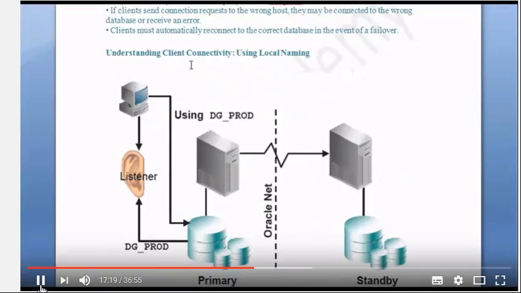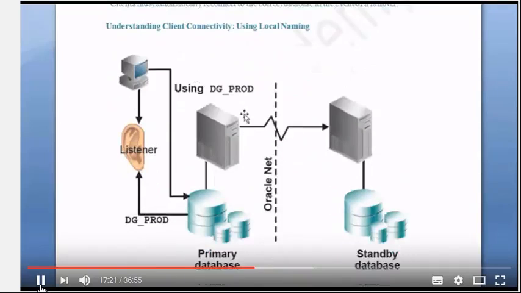So let us understand client connectivity first of all. This is an application server. This is the primary database to the left side of this dotted line, and to the right side of this dotted line you have the standby database environment. You know what is using local naming. If you have taken my real-time activity course, you must understand what local naming is. Local naming is nothing but using TNS entries, where DG_prod is the TNS entry or the service name